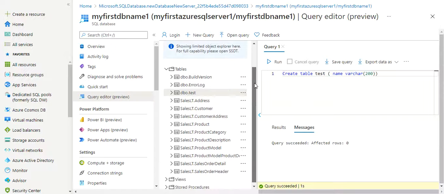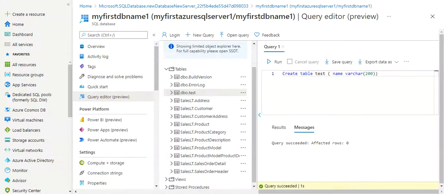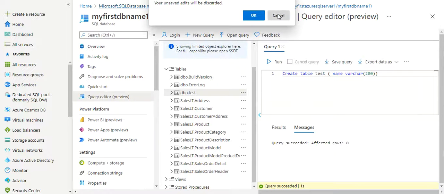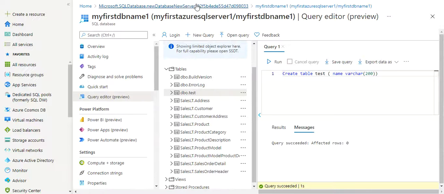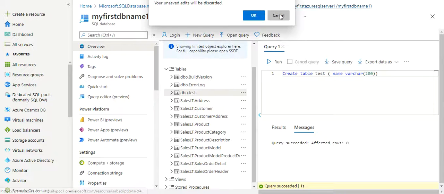Now we will connect to this database through SSMS. So for that we will use SQL Server. I will open SQL Server. But before this we have to do one thing. Just go to that information page.